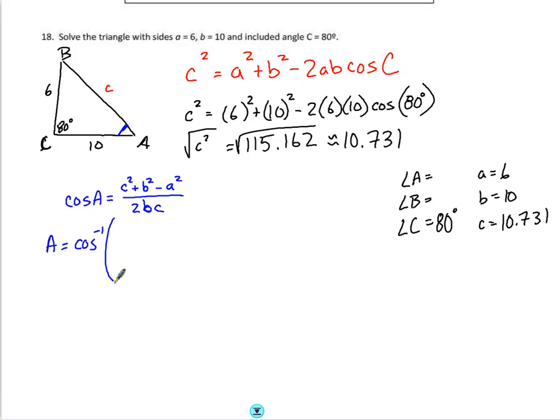C squared I already know is 115.162 plus B squared, that's 100, plus minus A squared, which is 36, all divided by 2 times B, 10 times C, which is 10.731,